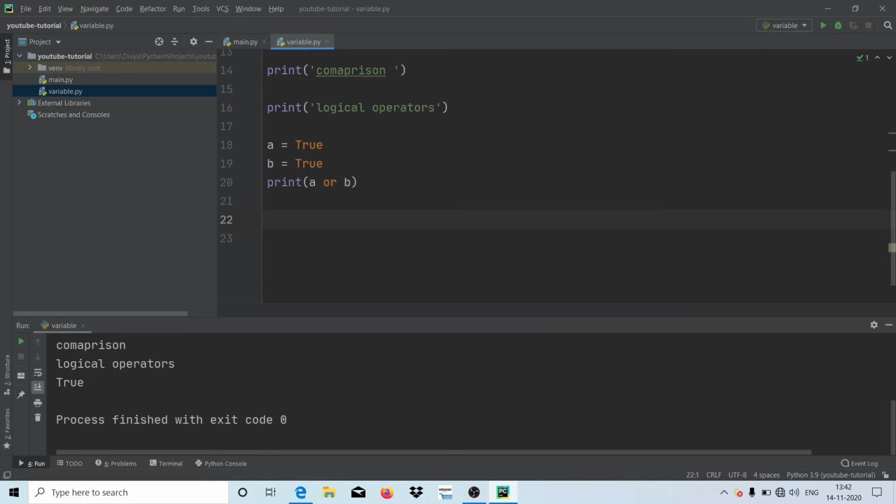Then finally we have the Python membership operator, which checks whether there is an existence of that particular item or data in that particular sequence. And then we have the Python identity operators. For example, let me just show you. If I say a equals 10 and b equals 10 again,